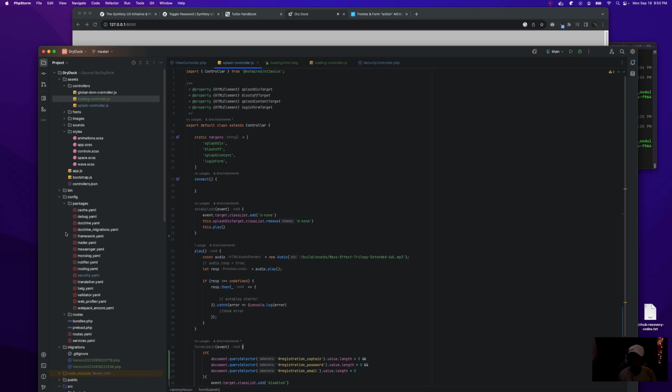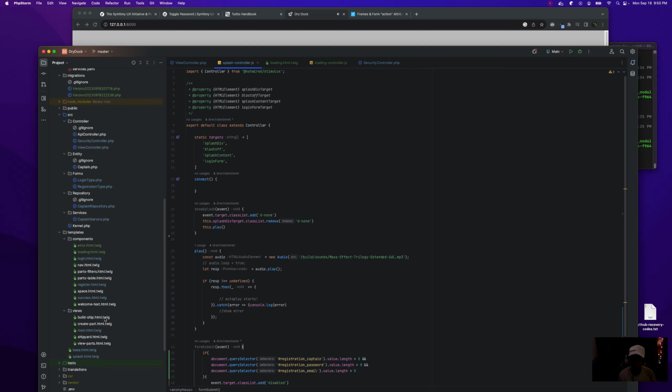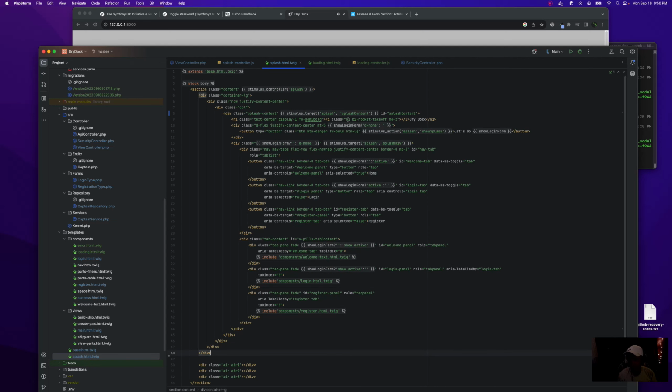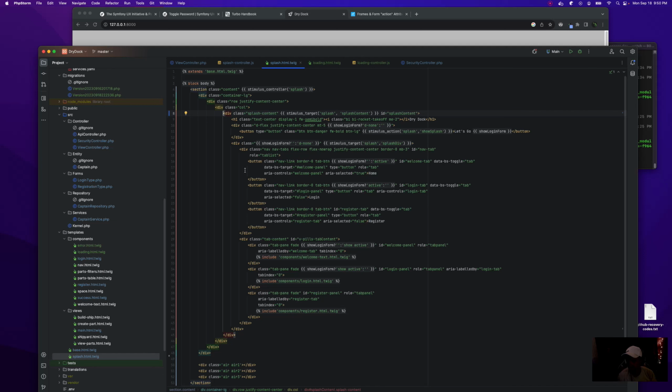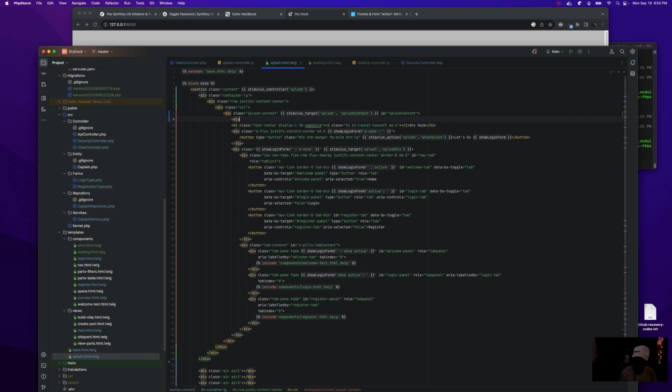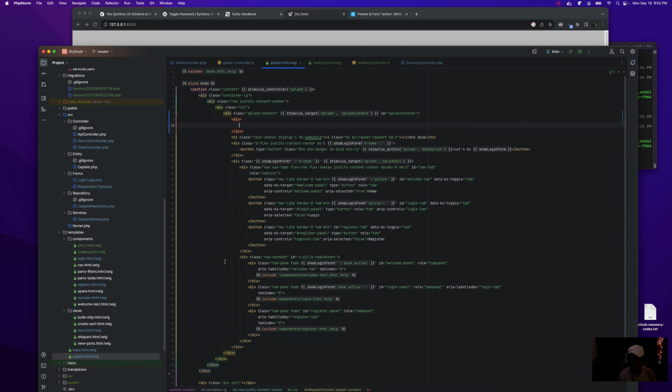So we want to make sure that we hide, if we look at splash, where are you? We want to make sure that we hide the tabs. The frame is inside of this, so we don't want to hide the whole thing in splash content. We want to just hide the tabs, and so we're going to have to wrap these and give it an ID because it's outside of the scope of our controller.